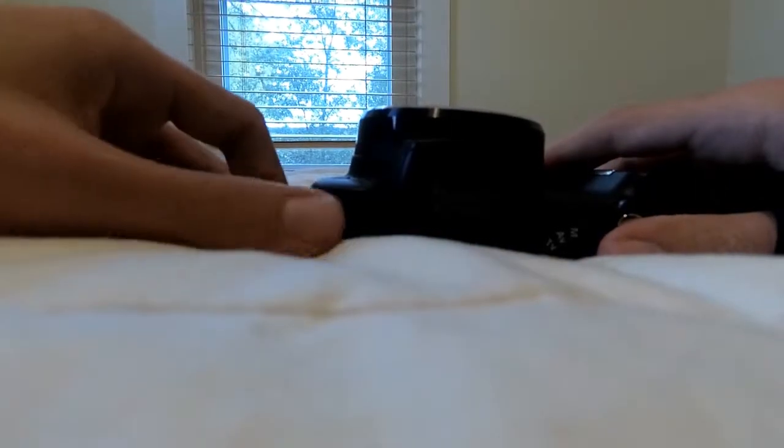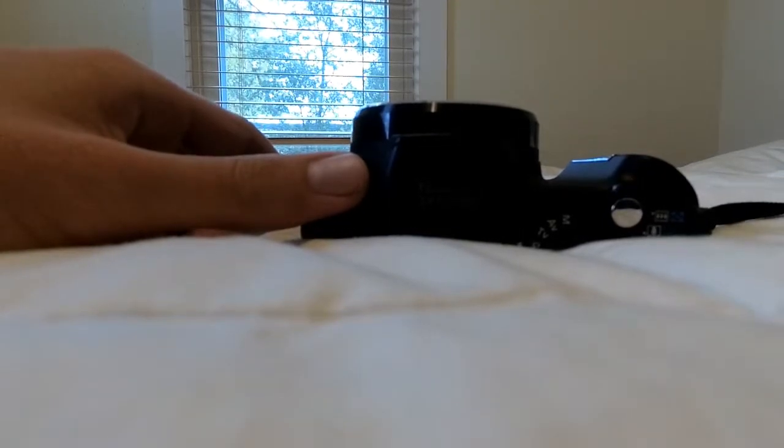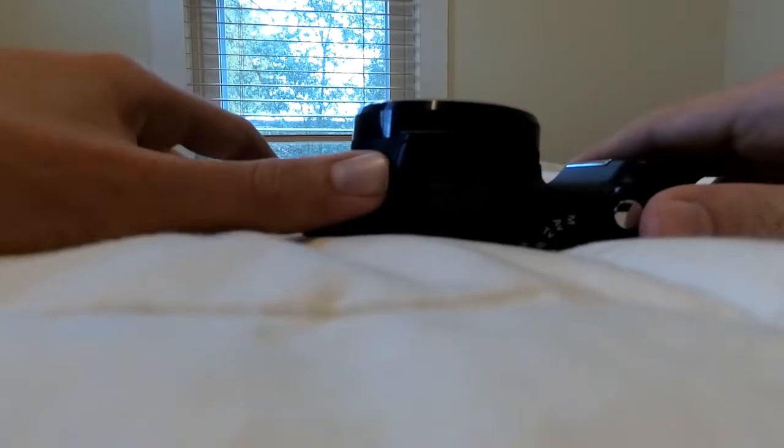at its full extent. So you also have a nice little SLR type grip, even though it's not nearly as big as an SLR grip. And on the top of the camera you have a pop-up flash, which is actually kind of refreshing in a segment of compact cameras where the flash is built into the body of the camera, so your finger can obstruct it, or it's generally not as even as a pop-up flash as far as distribution of light goes. So I was really excited that this camera has a pop-up flash,